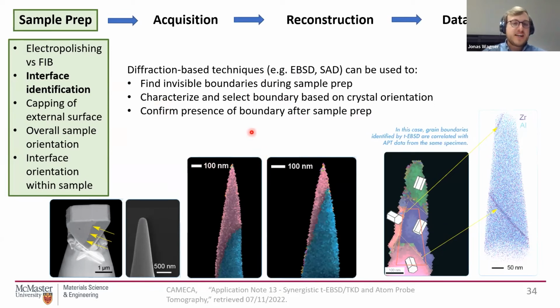During the milling, at some point it is so small that the contrast is not very great, so you might lose track of your grain boundary, and you just want to confirm if it is still there after your prep. You can do that again with EBSD, or you can also come up with your own correlative workflow together with TEM and use, for example, selective area diffraction. Also very interesting techniques.